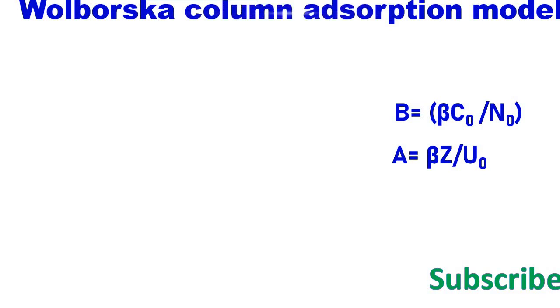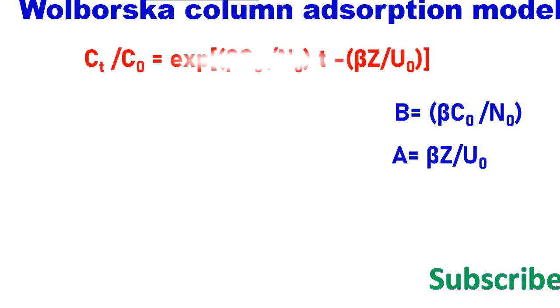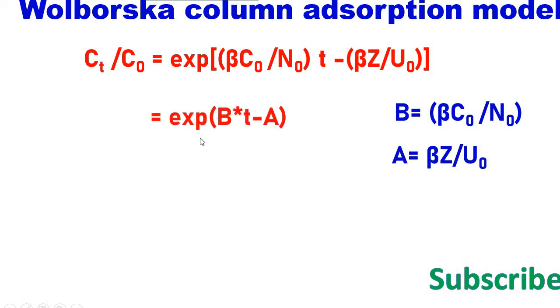Then, nonlinear Wolborska column adsorption model can be written as Ct by C naught equal to exponential beta C naught divided by n naught bracket t minus Bz divided by E naught. So we can write equal to exponential B T minus A, where B equal to beta C naught divided by n naught and A equal to Bz divided by E naught,